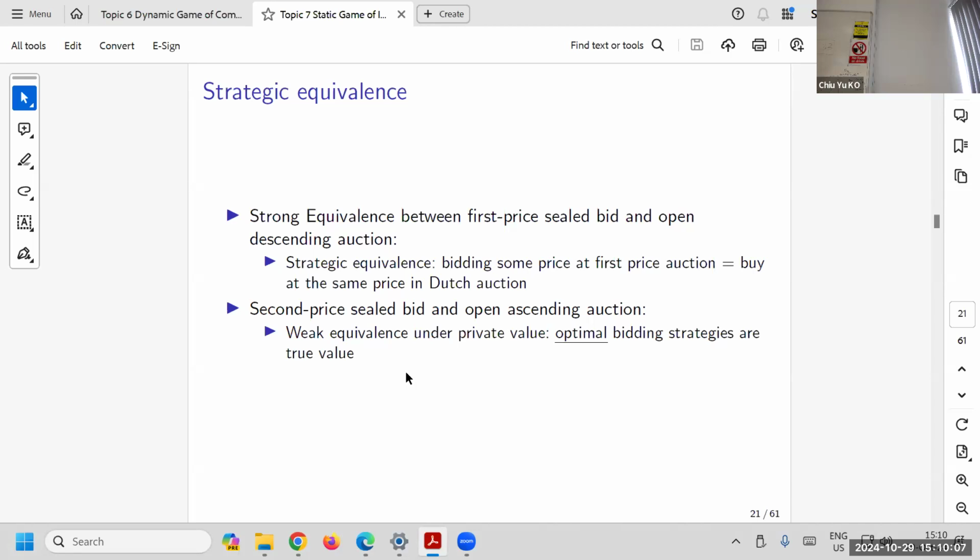Because actually it's the price that you would try to do. This is the same thing. If you behave in this way, it will be the same as the Dutch auction. Because the price goes down and you say yes, it is the same as when you keep going until the price where you get out. The same thing.